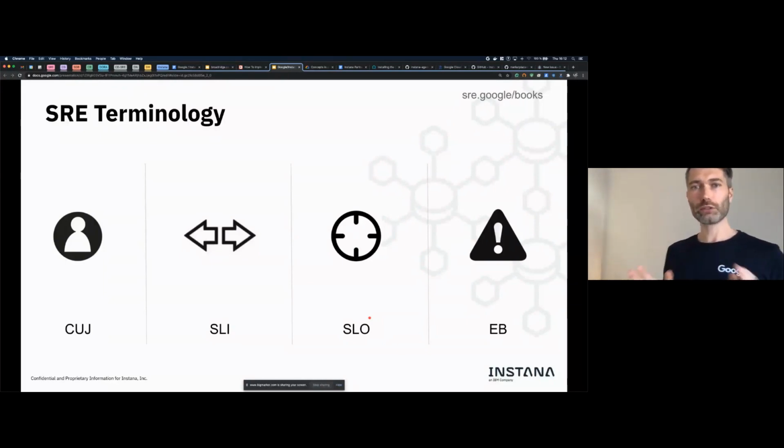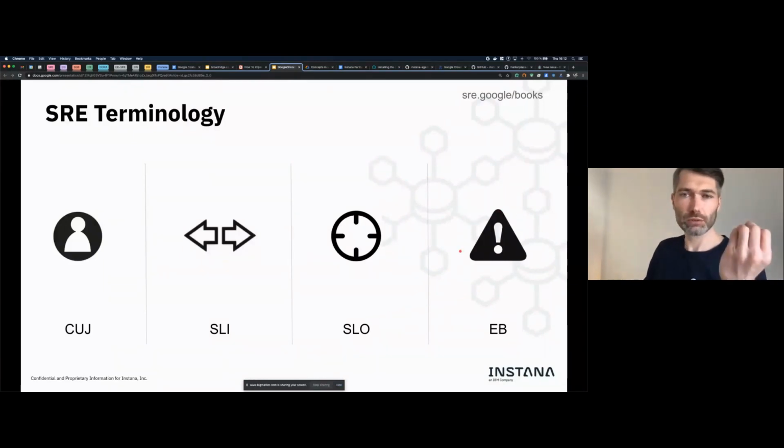So you add to the SLI a window. This could be a month, 2 weeks, a year, whatever makes sense for you, and a goal like 3 nines, for instance. And then if you take the 100%, and we mentioned earlier that if you want to achieve 5 nines, you need excellent business, you need to make trade-offs. And